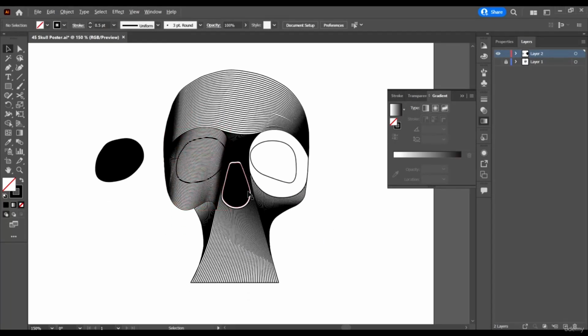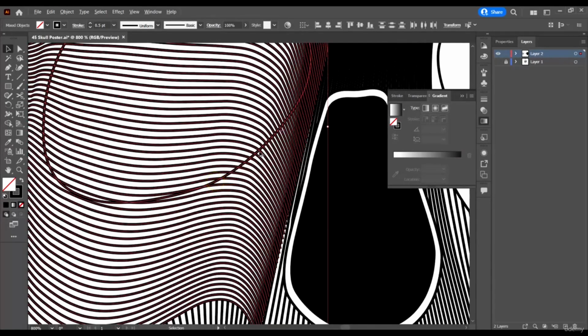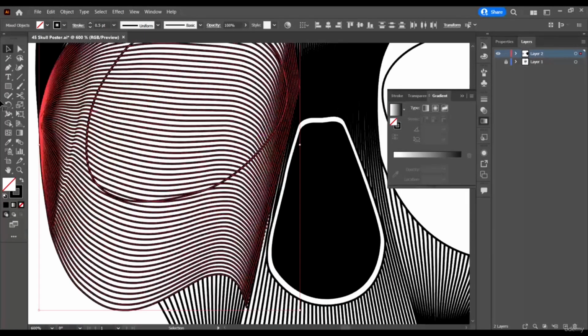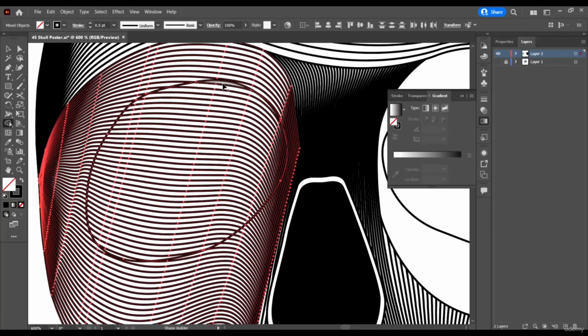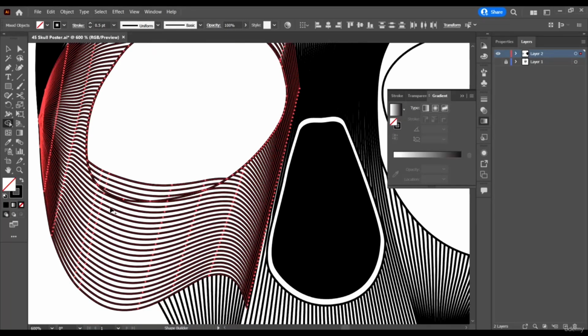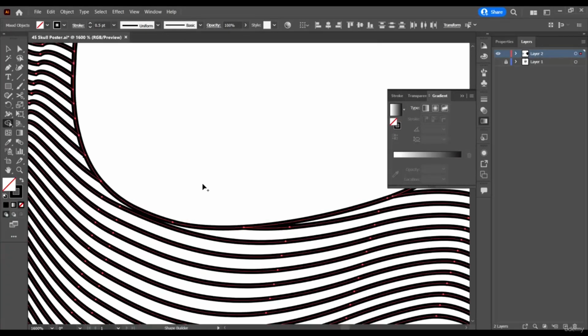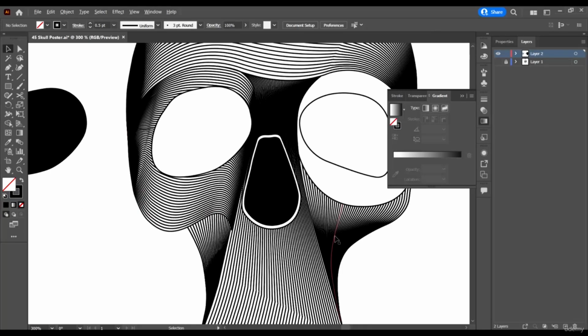So hit OK and then just select the group and select the guy inside and go to your shape builder tool, hold down Alt and delete 1, 2 first, and then just drag it like this. And yeah, I like what we have so far.